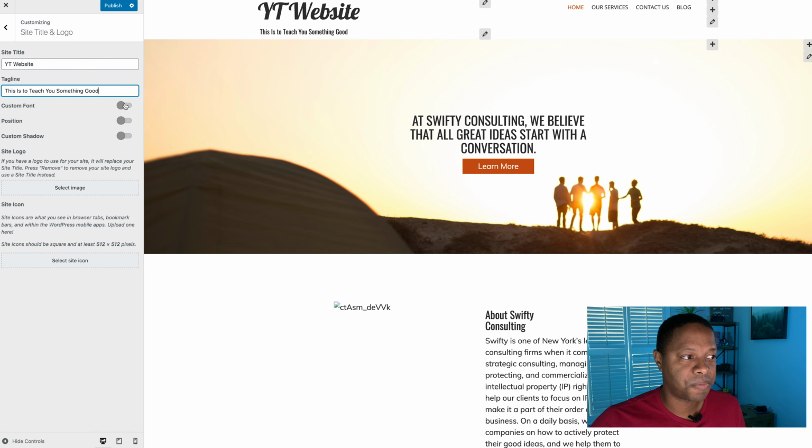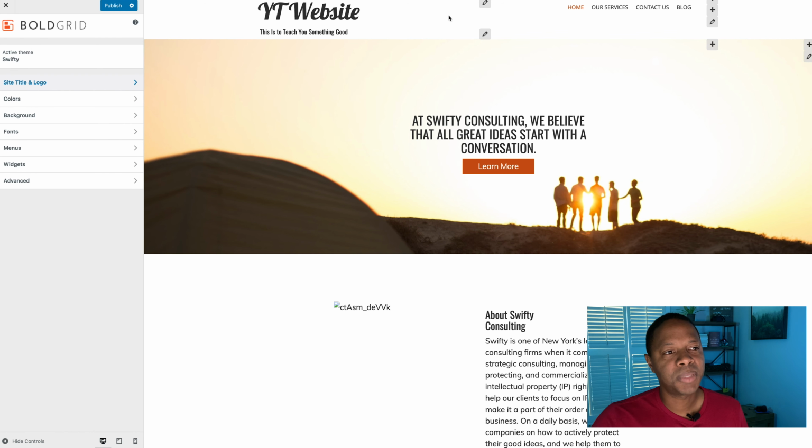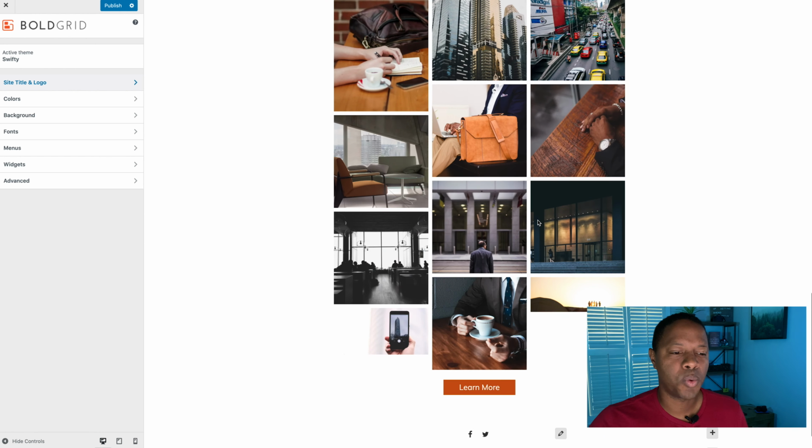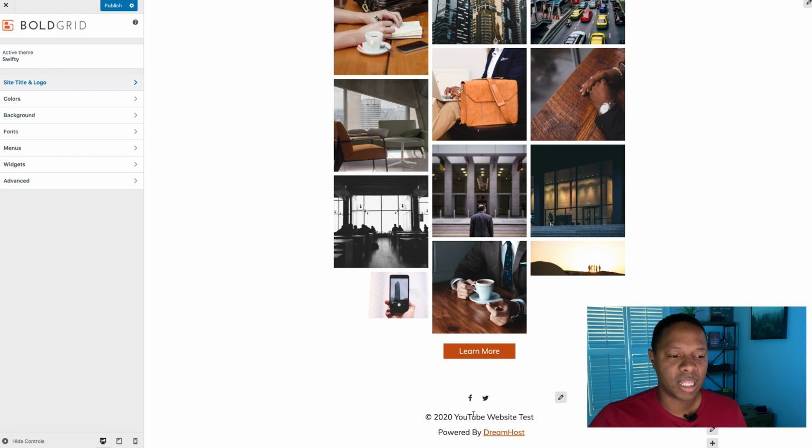I could change the font, I could change the position, I could add shadows, I could add a logo. There's a lot of things that I could do here, but you'll see that there are some things that you can change based off of it being this page, or I have to go to that individual page. But for now, if you wanted to change some of these simple things like the footer that will be shown on every page, you can change that here by customizing it. You could change your background, your fonts, and all those things.